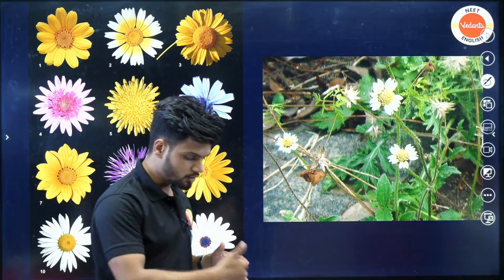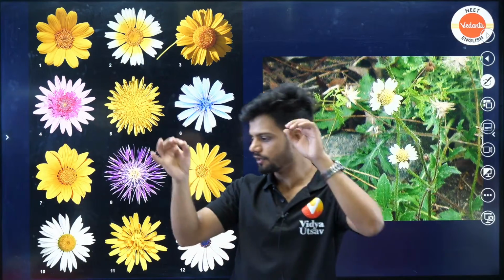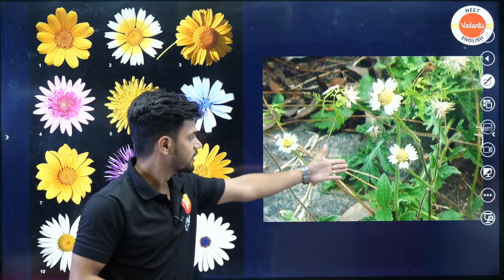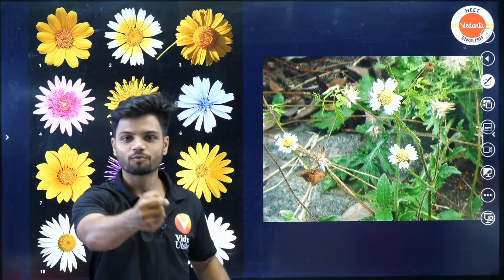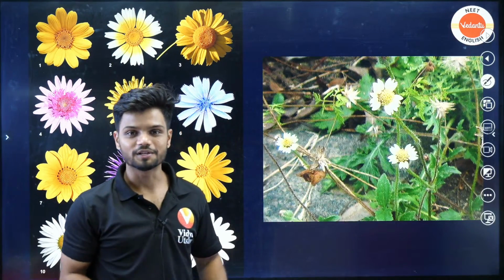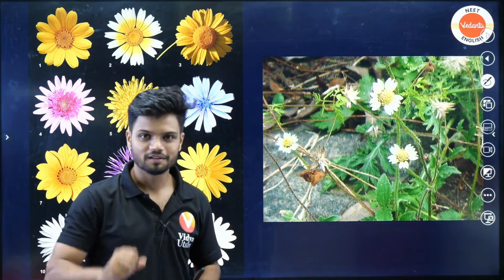When you are walking on the road, we see this small yellow flower on the roadside, on a long stalk. How many of you have seen this? When we are walking on the road, what do we do? We take this flower and open it like a Coca-Cola bottle, right? That is your Tridax. Tridax also belongs to your